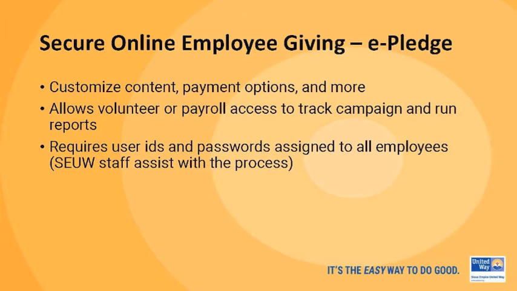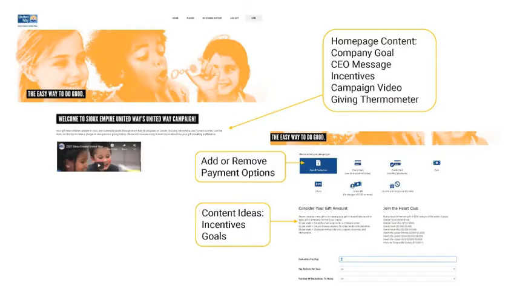And then the last one is probably the most detailed option that we have, and it's called ePledge. This one allows the volunteer or the payroll administrator to access the back end of that website and run reports based on who's filled out a pledge or who hasn't filled out a pledge, who pledged last year, but we haven't heard from them this year. The other thing I love about ePledge is that it will load all of the givers' previous giving information. So they will be able to access what they gave in prior years and base their pledge for this year off of that.